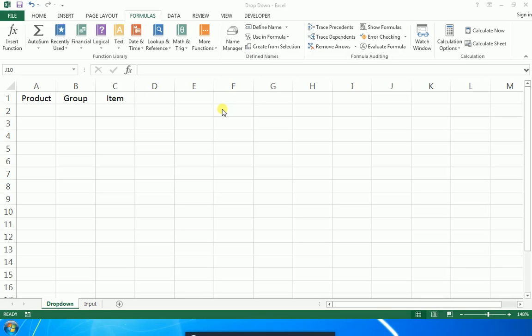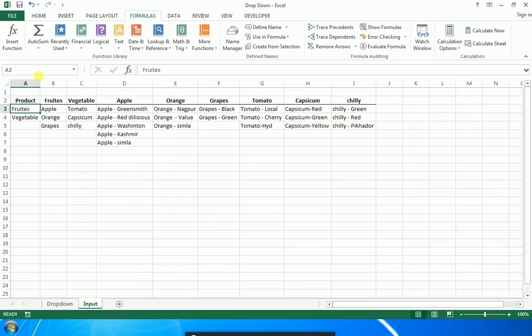Friends, after creating the simple drop down and dynamic drop down, we are going to create the referencing drop down. Referencing drop down means on the basis of product we create the group, and on the basis of group we create the item. For this we need the master data. This is my master data which I have already created,